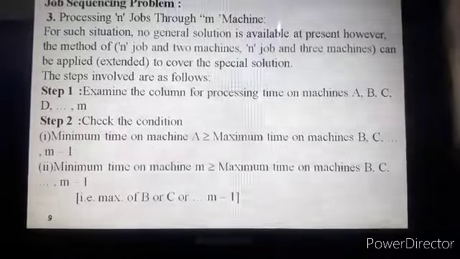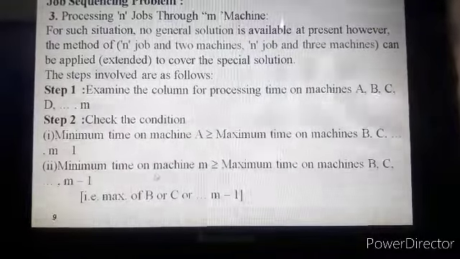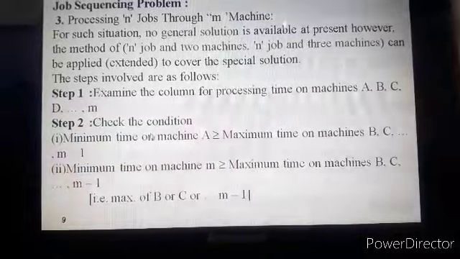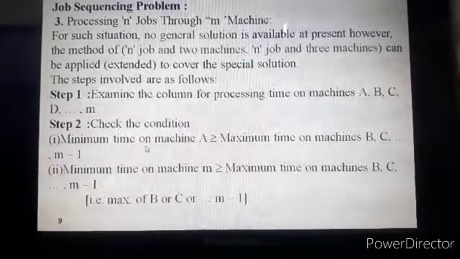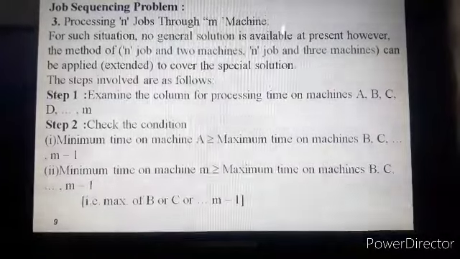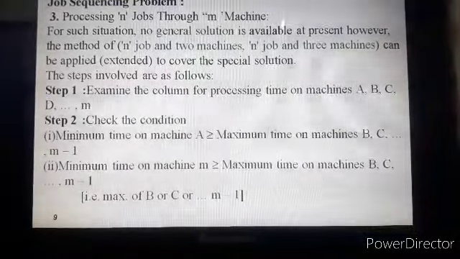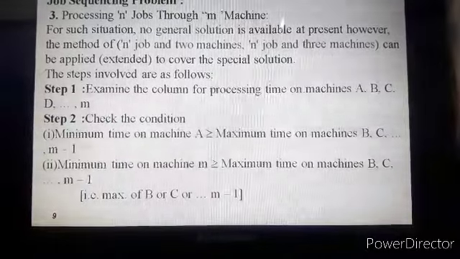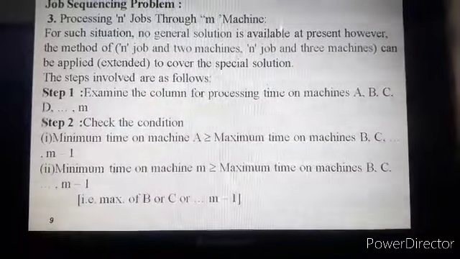And the second condition is that the minimum processing time on machine M should be greater than or equal to the maximum processing time on machine B or C or D up to M minus 1. Here, at least one condition should be satisfied. If any one condition is satisfied, then we have to convert the processing of n jobs on m machines problem into a processing of n jobs on 2 machines problem.